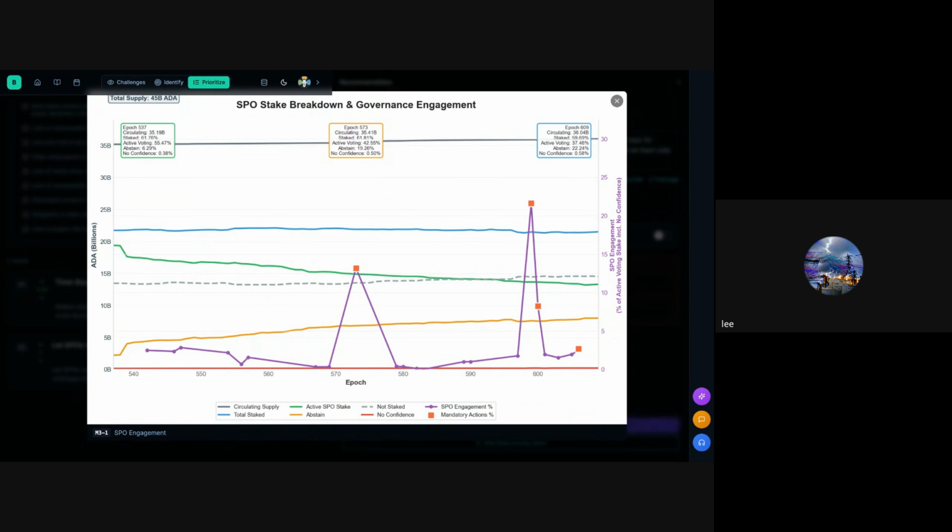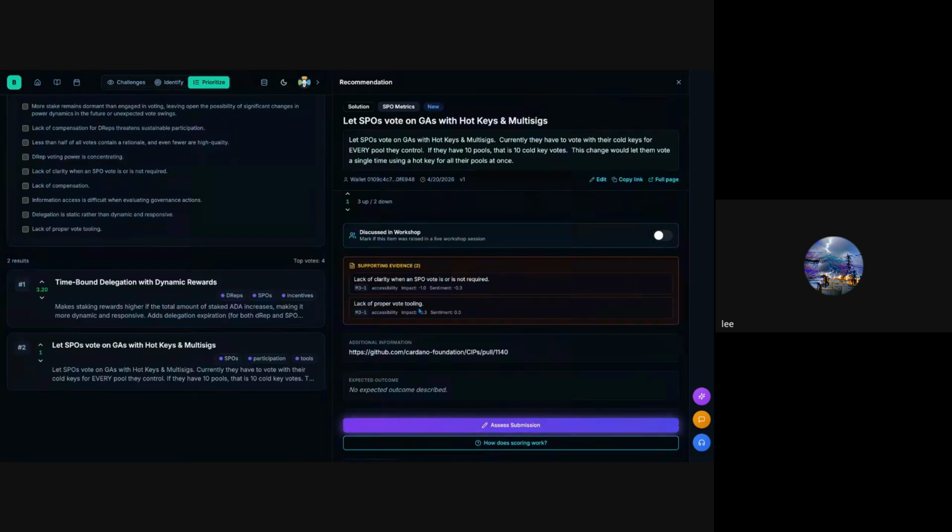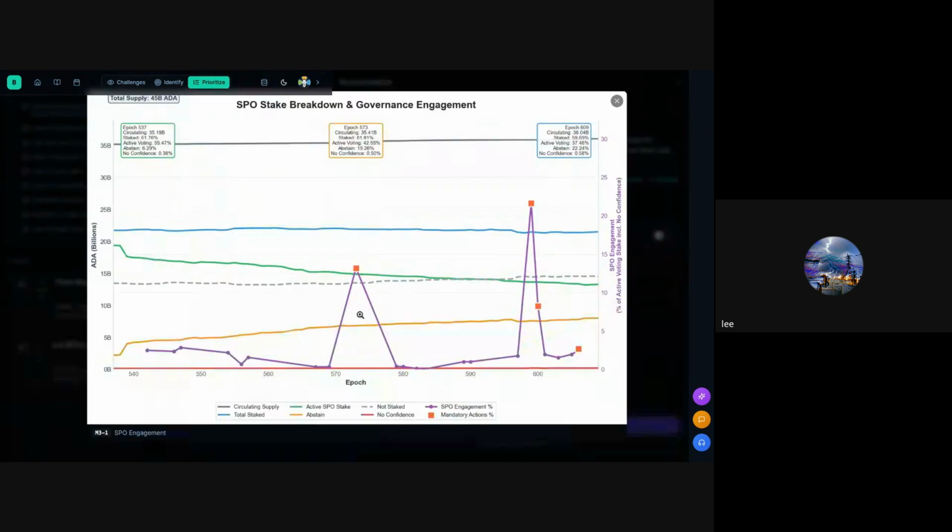So what I'm saying is, if you want SPOs to take a more active role, you actually need to give them the tools to make this a lot easier. You have Guild operator scripts that people can use to set up things like a stake pool, to set up DB Sync, to set up all of these different services that you need on Cardano. However, you can't find that when it comes to voting. So that's what I mean.